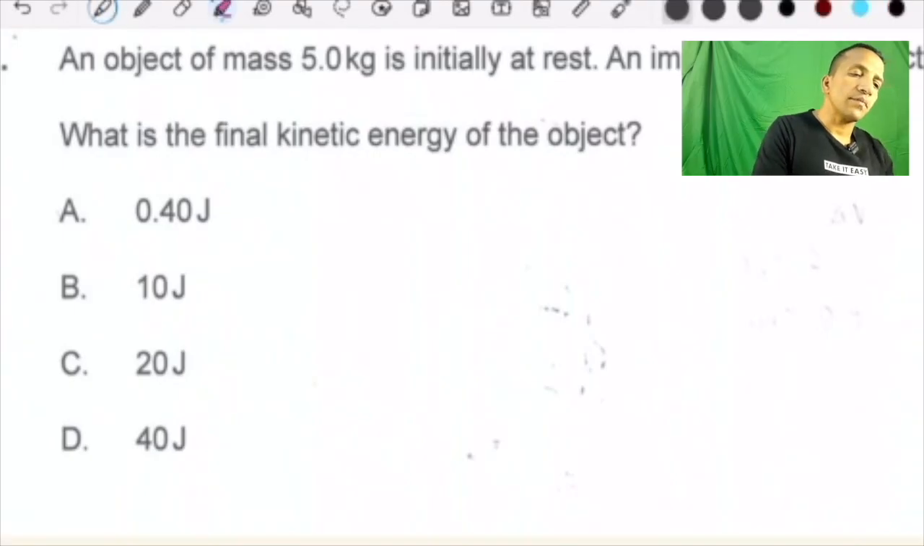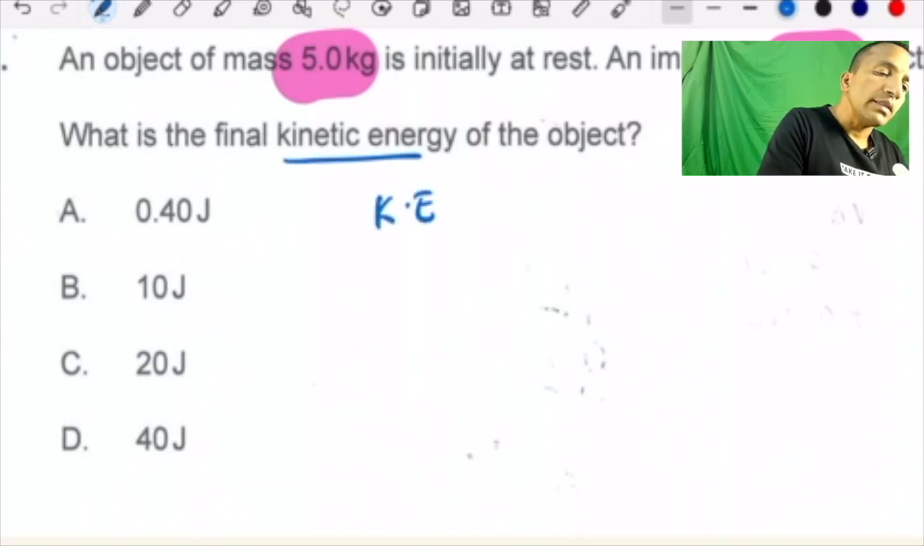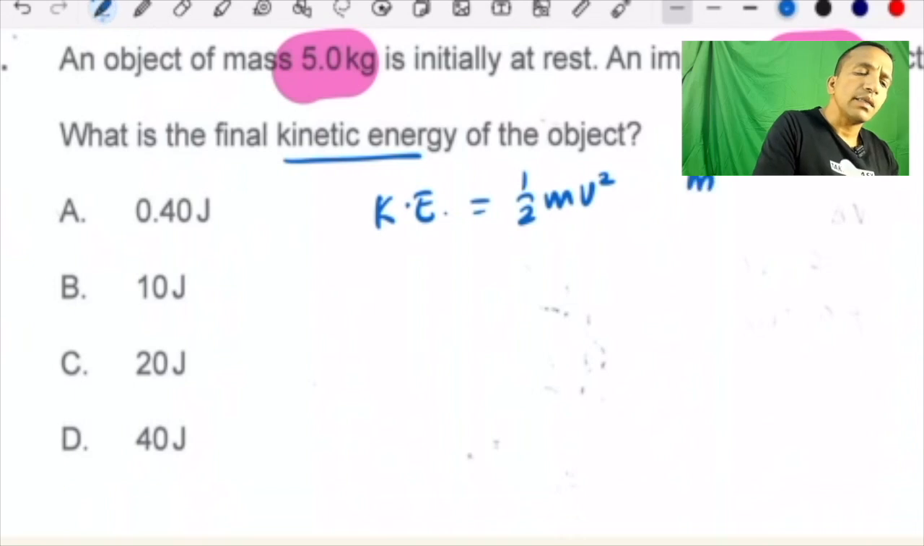Question number 6. The mass is given and impulse is given. Now, we know the kinetic energy equation. They are talking about kinetic energy. Kinetic energy is half mv squared. But momentum is,